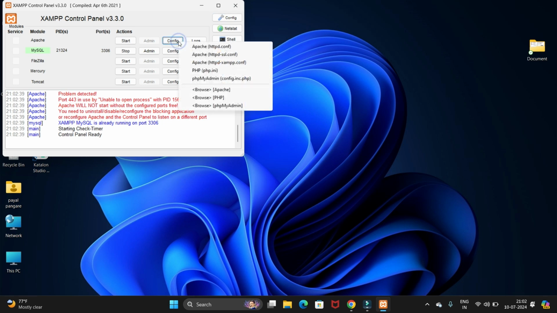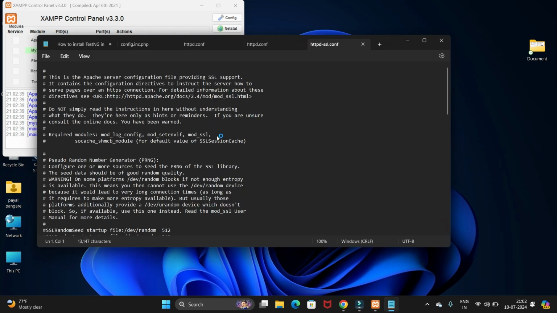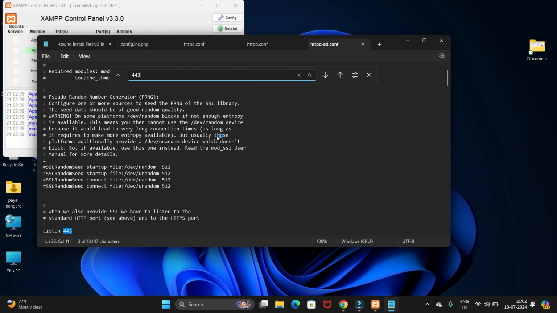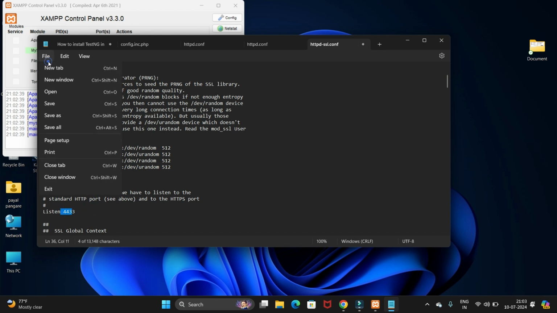So then click on config and click on this SSL config. Now here we have to search the 443. So once we get this, here we have to add the 3. So it will be listen 4433, and just save this file